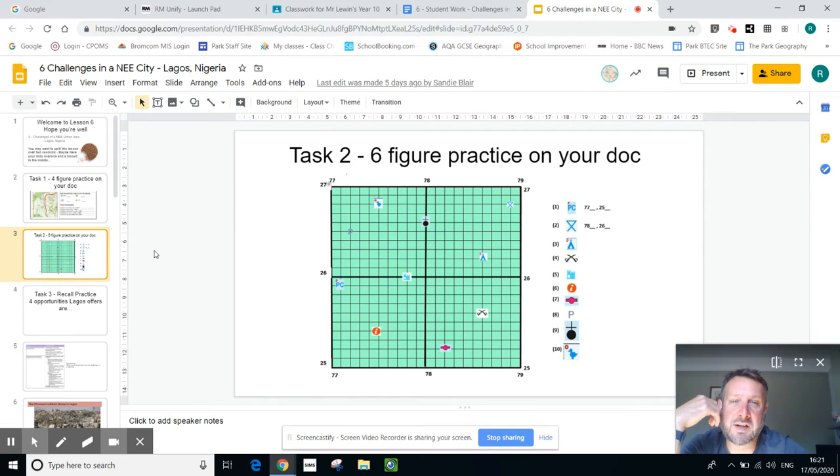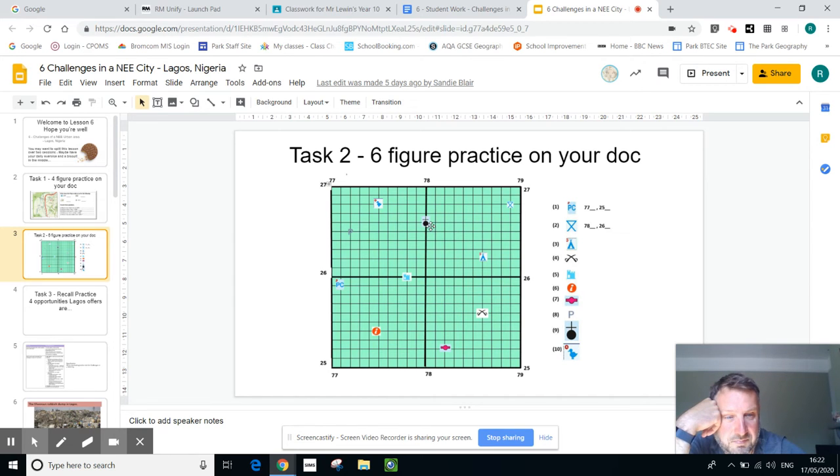Then you've got the 6 figures, which is going more precision. 4 figures gives you within 1,000 meter squares. This gives you a lot more closer because you're going down by a factor of 10. So if you're in the army, this would be really important. But if you're getting lost or using a map, it would be really important. The one that's tricky on here, well, there's 2 that's tricky on here. The one that's on the line,